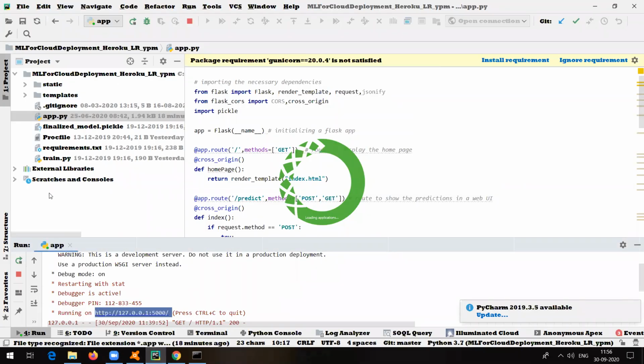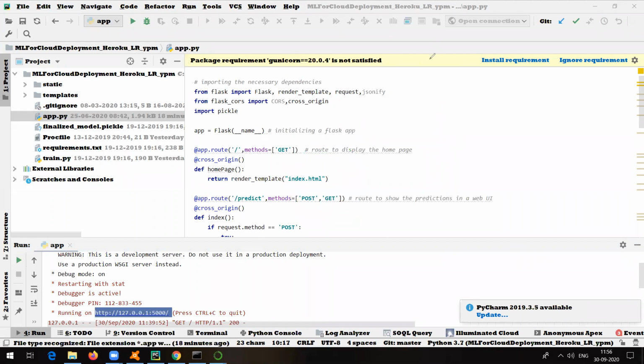See, what are all these files now? Even if it is not running on the local machine, you can stop it. I just stopped it. Okay, so what are all these files now? This app.py is the main file where your logic is written. You are able to see this particular code. This is what our main logic is.